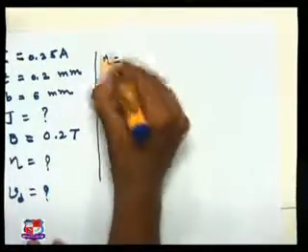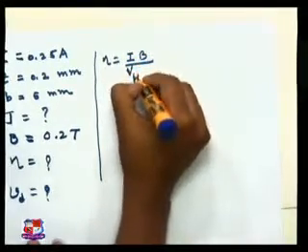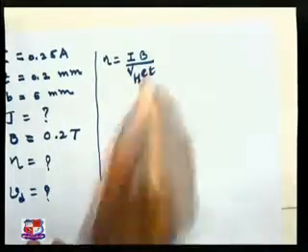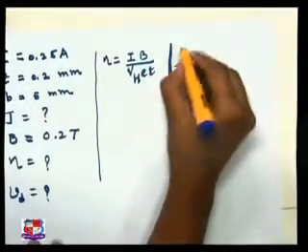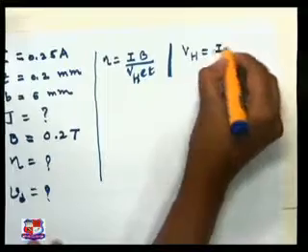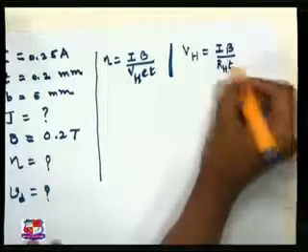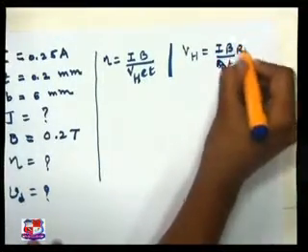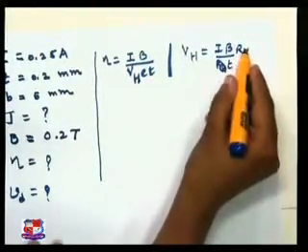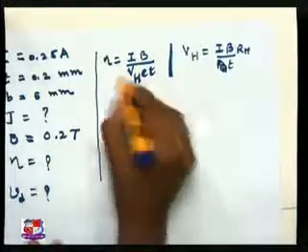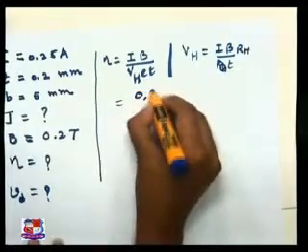Eta can be found from I B upon V H E T. How have we derived this equation? Say, we have one equation, that is V H is equal to, as we used in the previous example, I B upon R H into T. What is R H? R H will be 1 over N E. We have just substituted that value of R H and derived this equation for N or eta, that is the charge carrier concentration. We are just substituting the values.